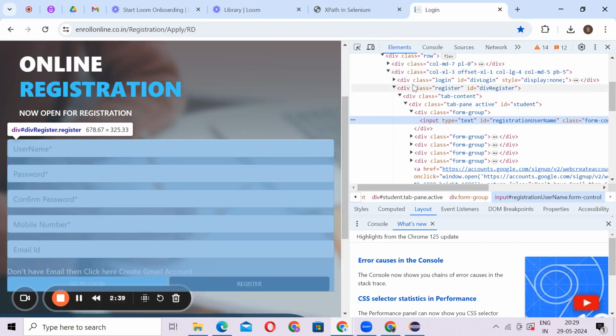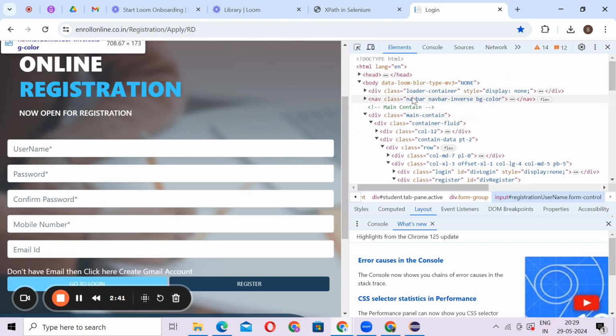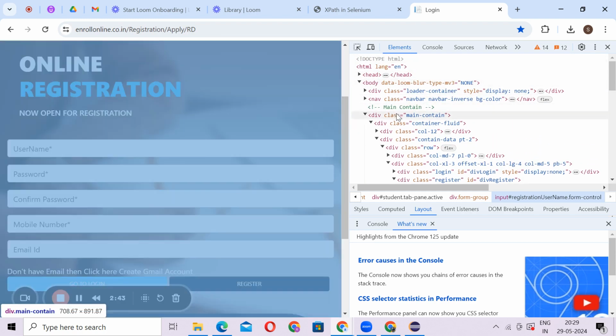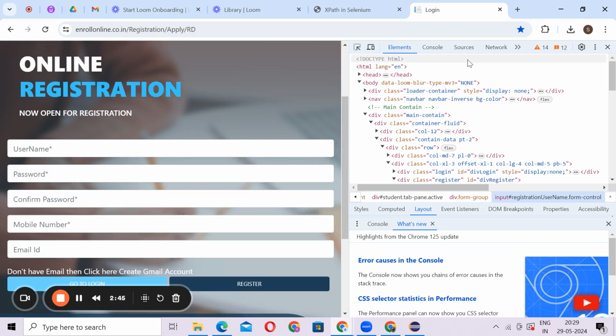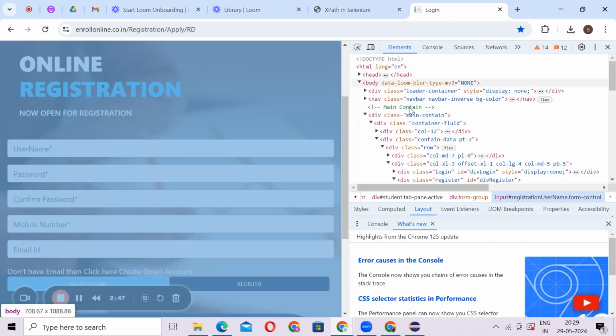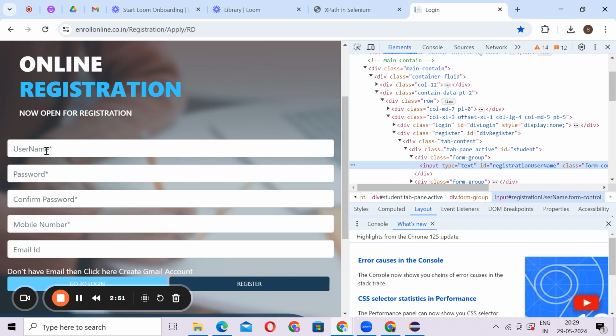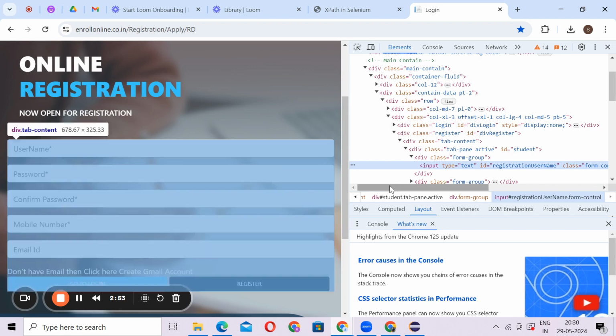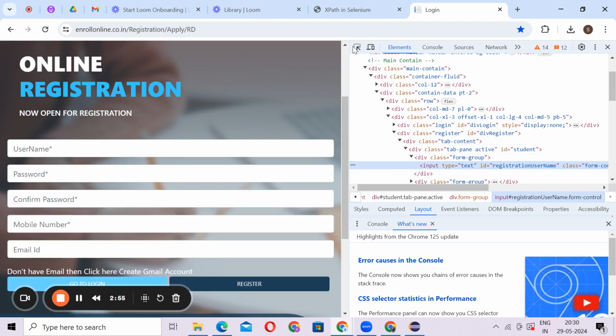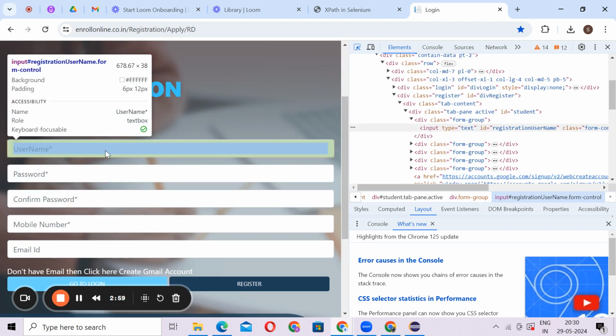This right side where this code is written, HTML, head, body, div, is called DOM. With the help of this DOM, we can find the path of this field or these buttons. Just click on this arrow button and click here.